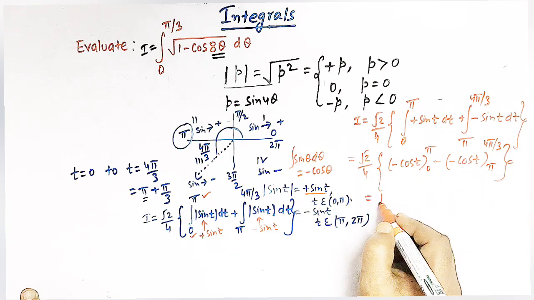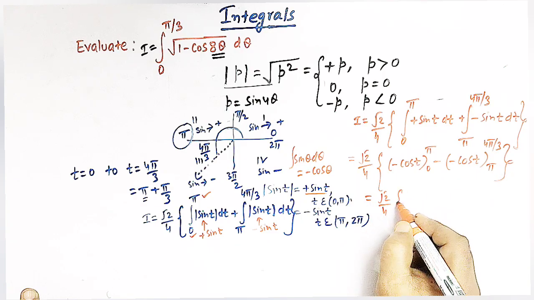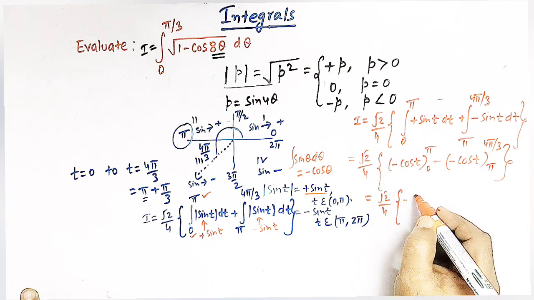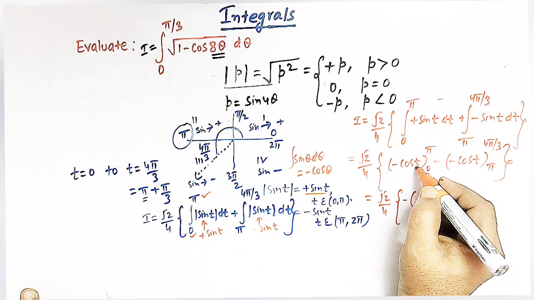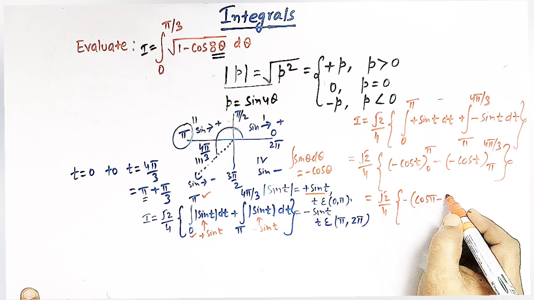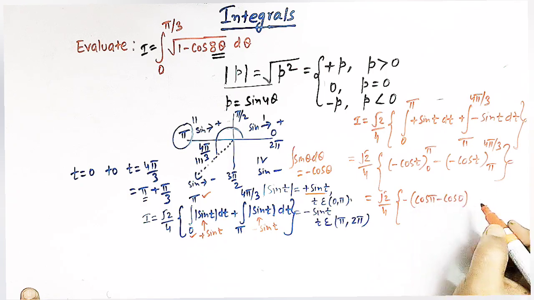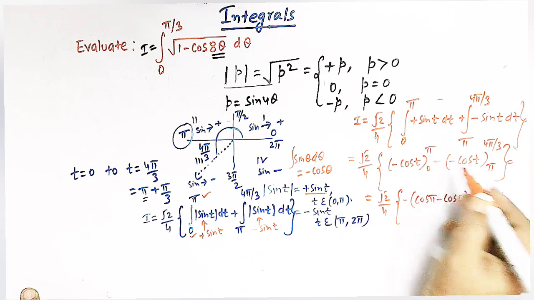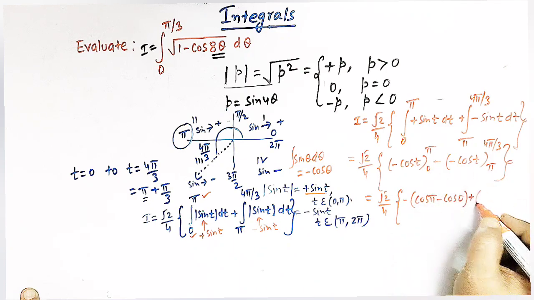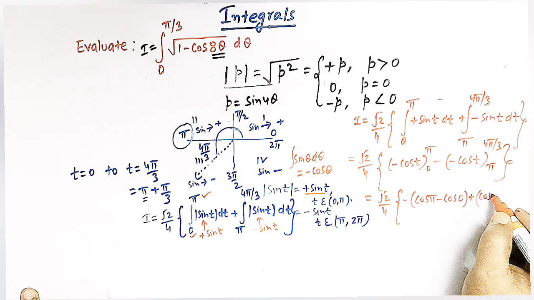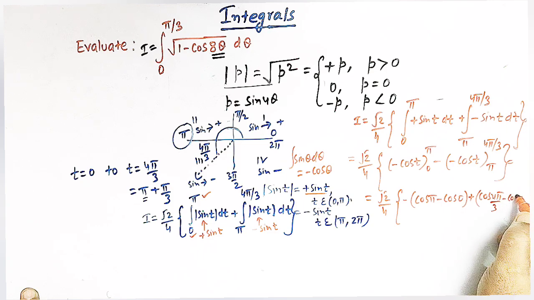So now we can write square root of 2 over 4, and here we can take negative sign outside, and then we can substitute the limits and we'll take the difference. So we have cos pi minus cos of 0, and here this negative and this negative, when multiplied together become positive, and substituting the limits and taking the difference, we have cos 4 pi by 3 minus cos of pi,